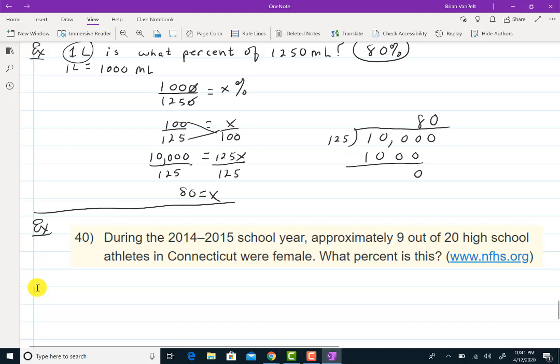So let's see what we have here. During the 2014-2015 school year, approximately 9 out of 20 high school athletes in Connecticut were female. We want to know what percentage this was. So 9 out of 20 equals what percent? And so 9 out of 20 equals X over 100. And so cross multiplying once again,